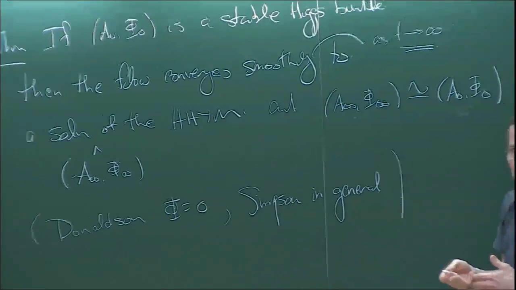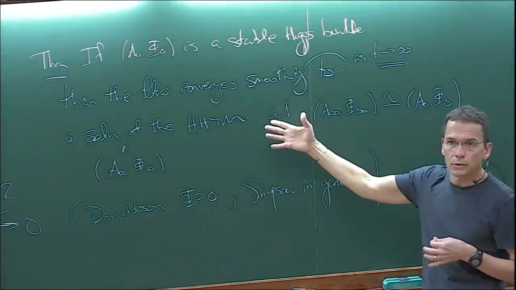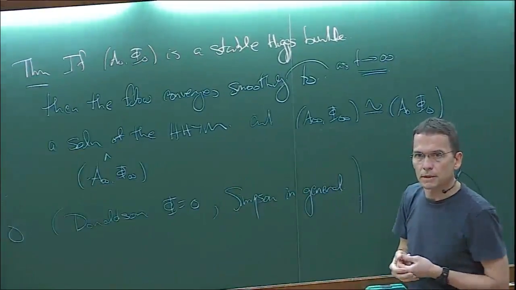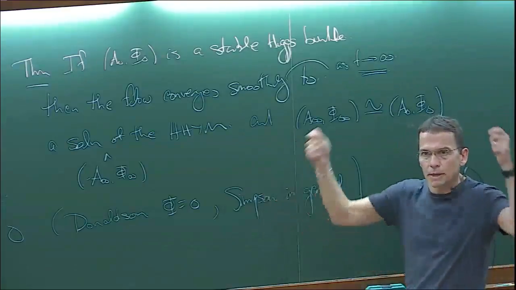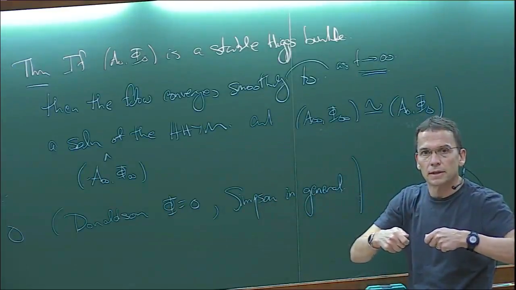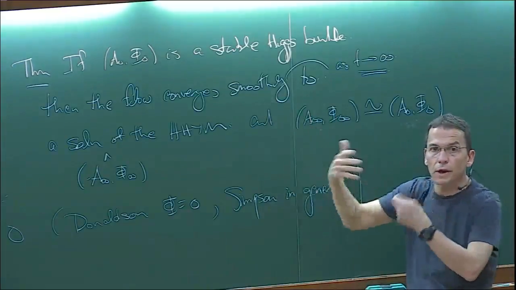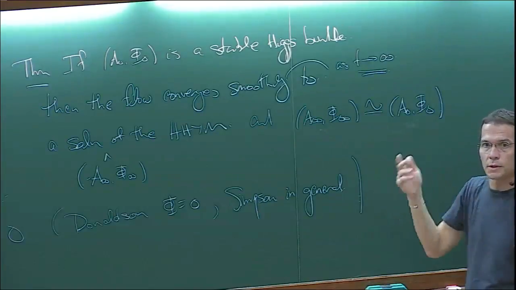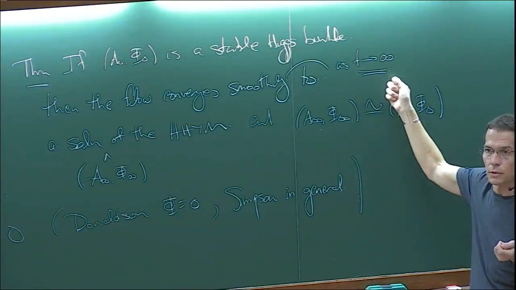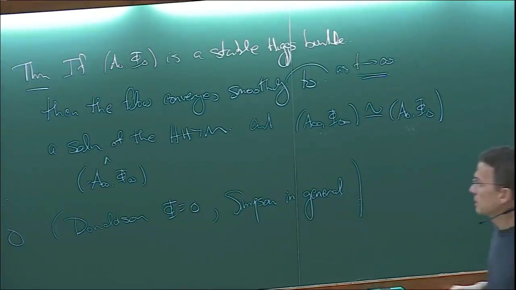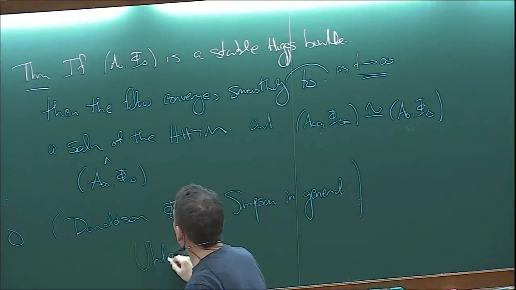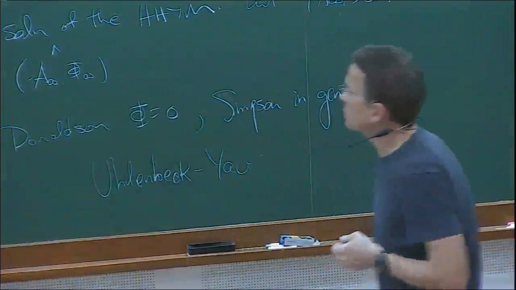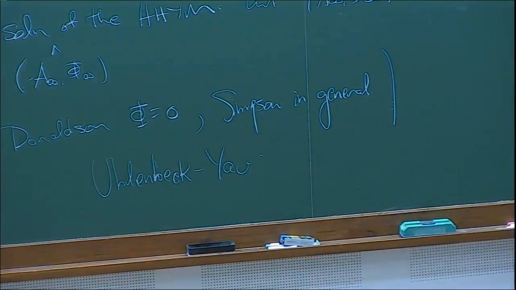Uhlenbeck and Yau use a different argument. On the other hand, they don't use the flow, they use the continuity method, which is very, very similar in spirit to the flow, but strictly speaking, it's different. And what Simpson did was he took the best of both methods and combined them together in the setting of Higgs bundles. So he used the heat flow in the context of Kaehler manifolds and used the last little argument of Uhlenbeck and Yau, which works in complete generality, to prove that in fact this flow converges. So in some sense, I should put Uhlenbeck-Yau's name here as well. Okay, so that's a little historical note.